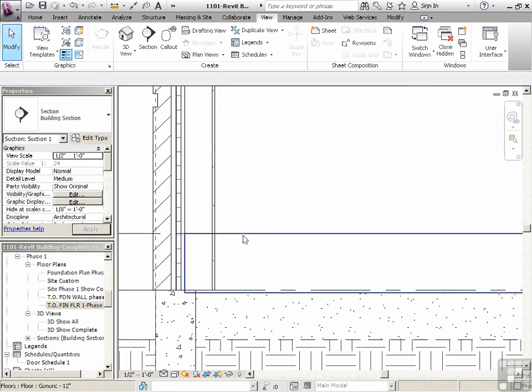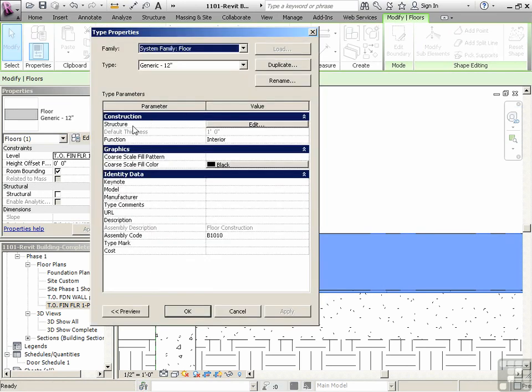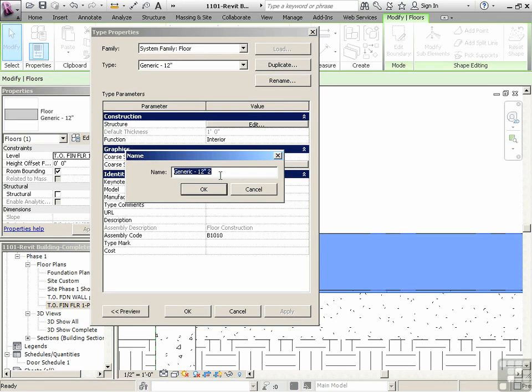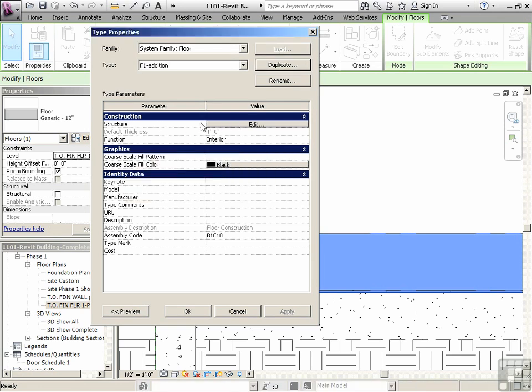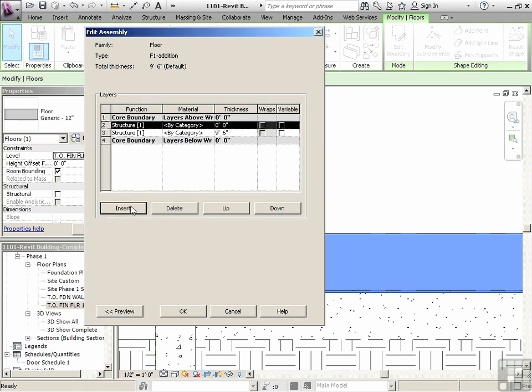Now this is a 12-inch deep, and that's not exactly what we wanted. So let's just click on that. We're going to edit the type, the structure. Actually, let's just duplicate it, and we're going to call this one F1. And maybe we'll call that F1 addition or something like that. Okay, under structure, we can click on edit, and we can go with structure. What's the structure? Well, if we go 2x10s, it would be 9.5 approximately, and then we can put in another one,